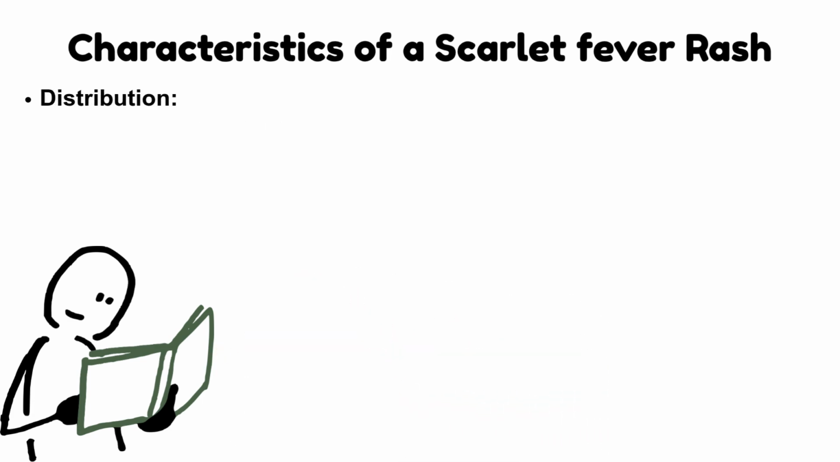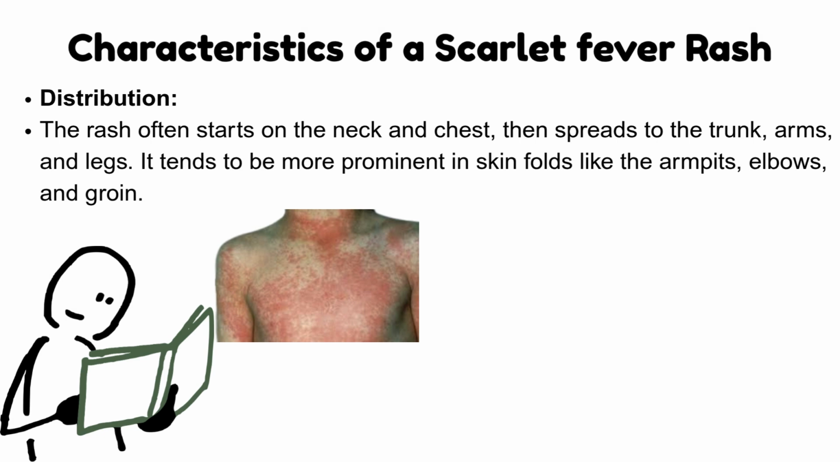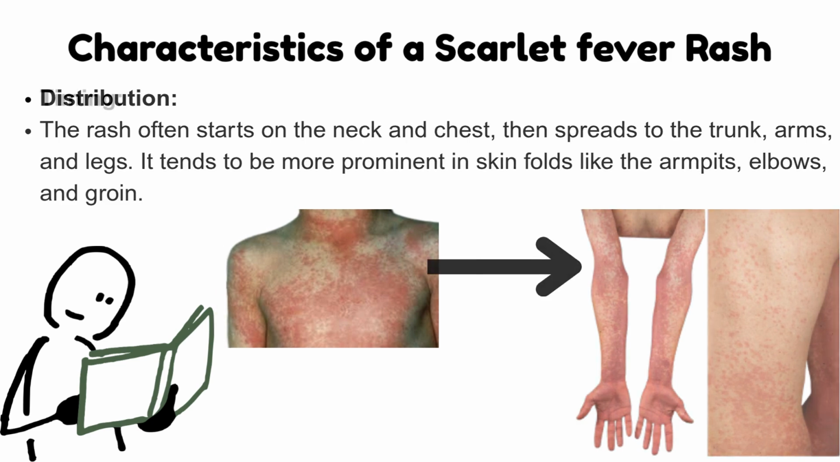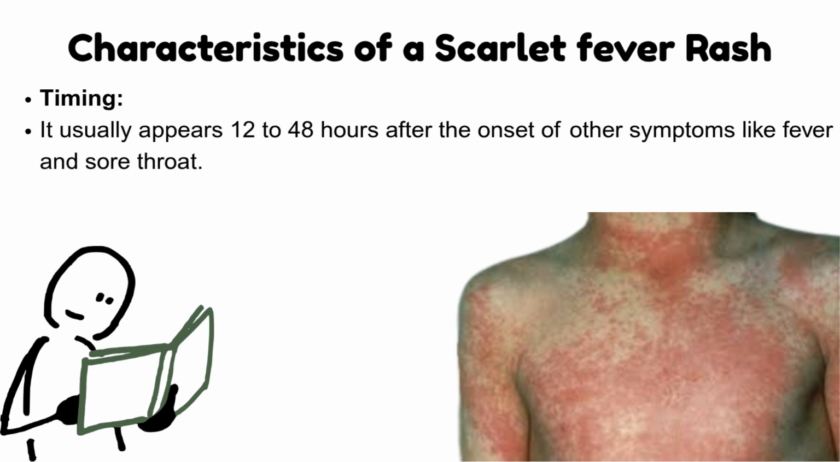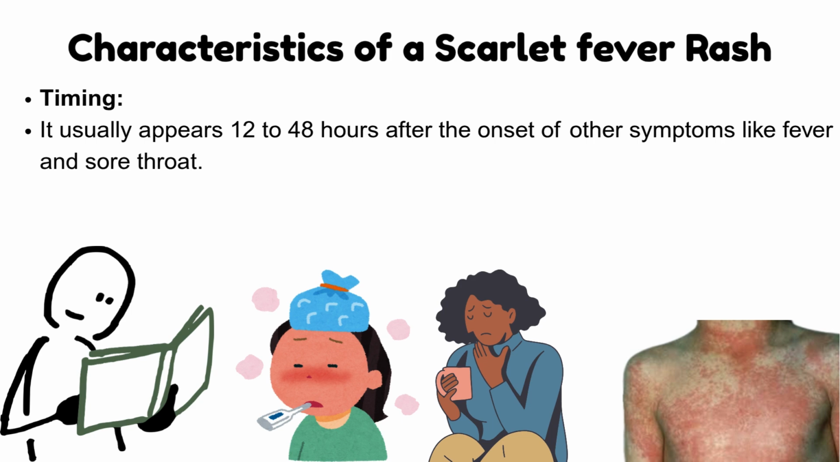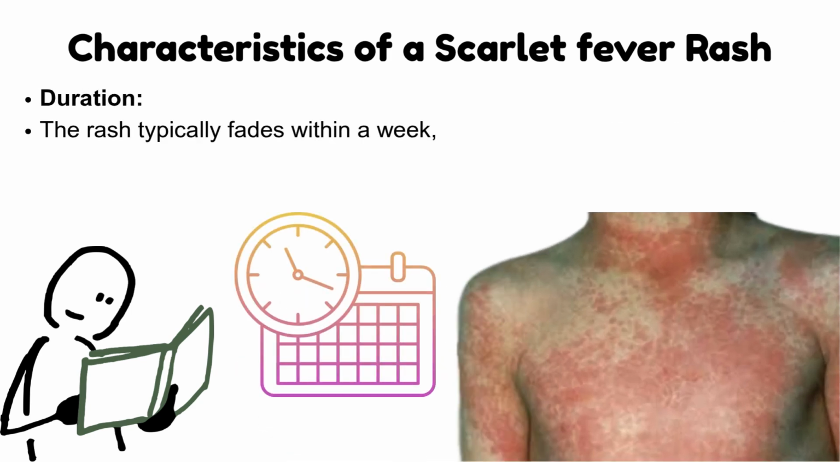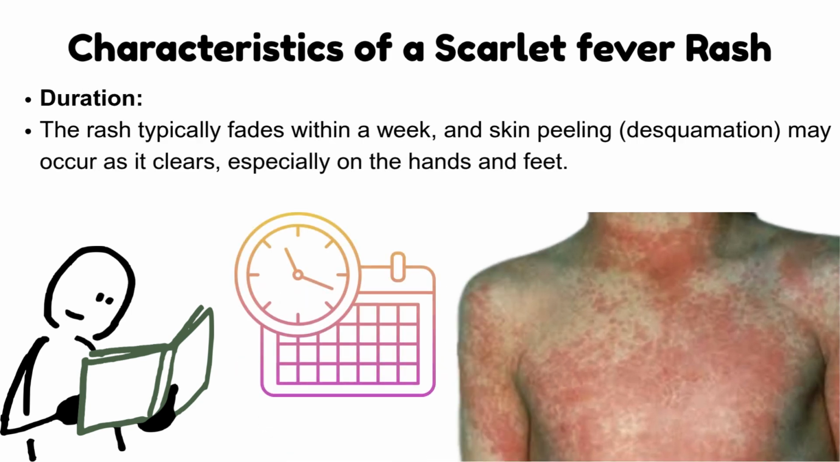Distribution of rash. The rash often starts on the neck and chest, then spreads to the trunk, arms, and legs. It tends to be more prominent in skin folds like the armpits, elbows, and groin. Timing. The rash usually appears 12 to 48 hours after the onset of other symptoms, like fever and sore throat. Duration. The rash typically fades within a week, and skin peeling may occur as it clears, especially on the hands